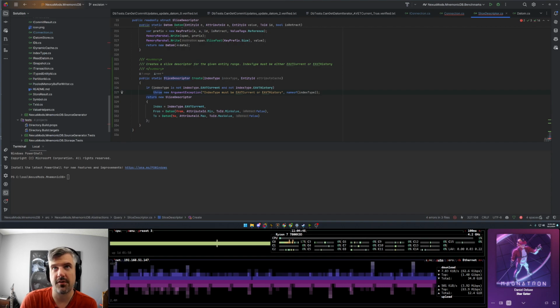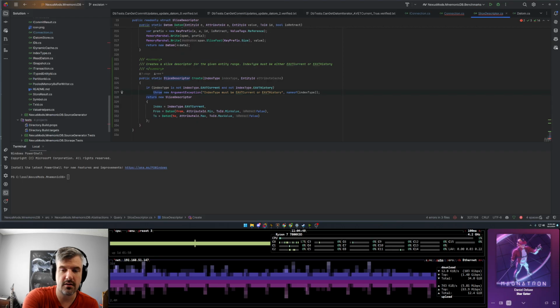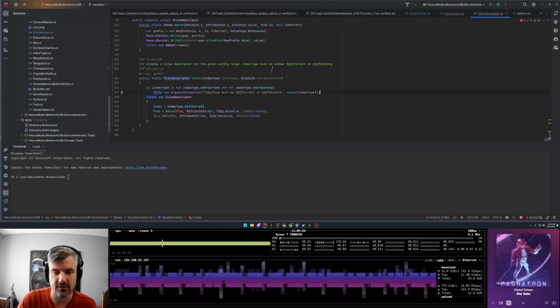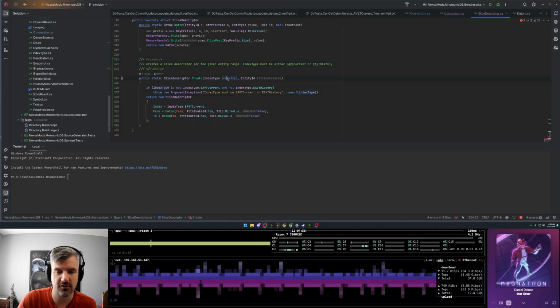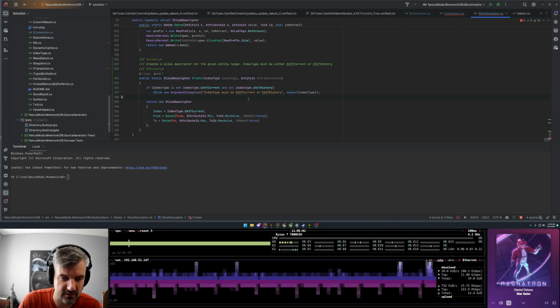So this is what I do like about the Copilot thing, is that it read the doc string, and all I typed was "if index type is" and waited, and it filled out the rest of this because it read the doc and realized there's a constraint on what the index type can be, and it wrote that code and detected that.